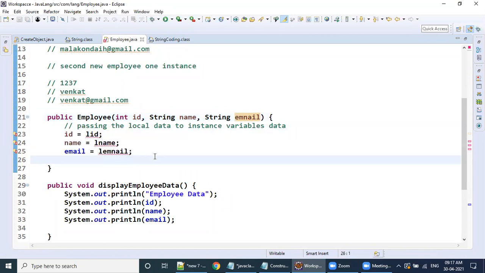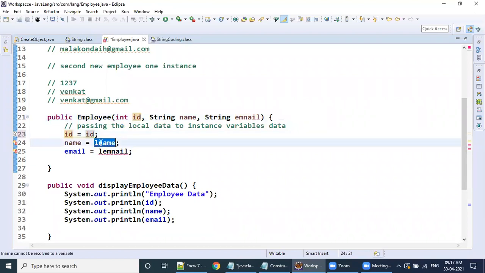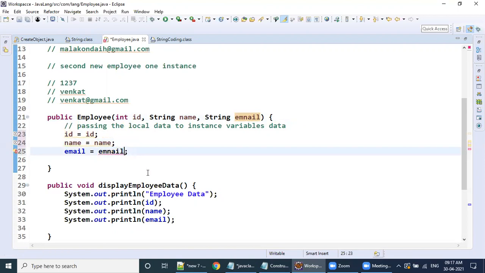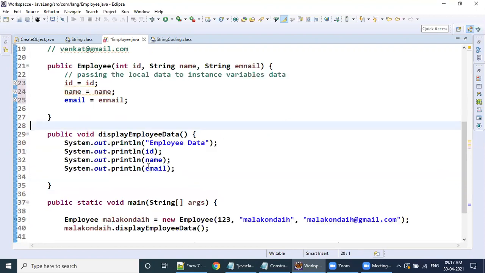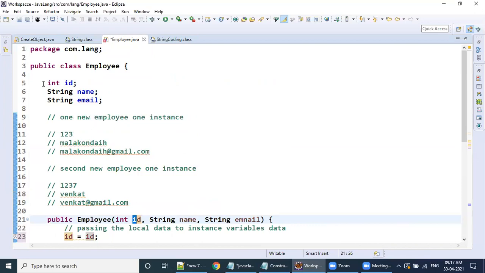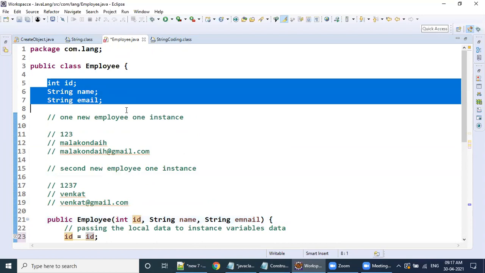Sir, how can you say local variables here? Come on, tell me. How can you say these are local variables? Local variables are the variables inside a Java class, inside a constructor, inside a main method, or inside a block. Anything inside a constructor, that is nothing but local variables. See, concentrate here. This data is passed to here. ID. Can you tell me, are my local variables and instance variables the same name or different names? Same name, right?